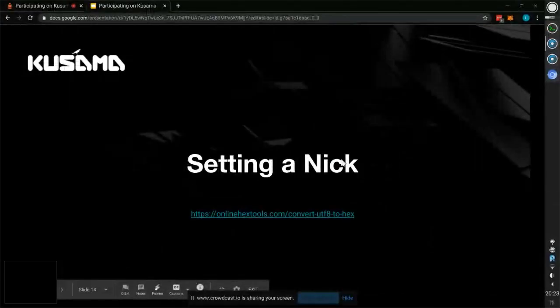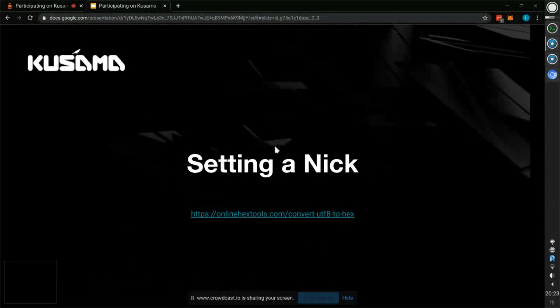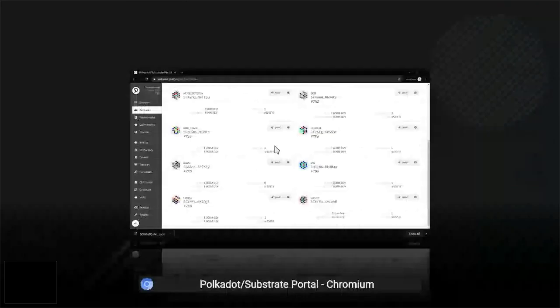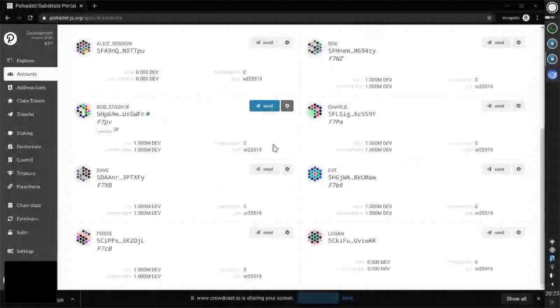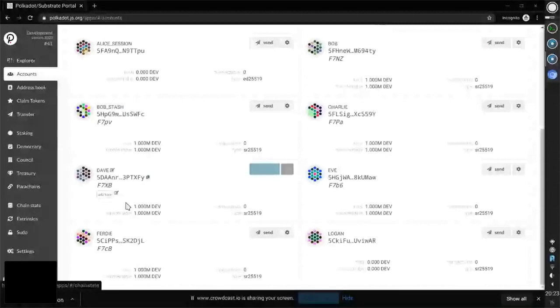All right, the next step. Setting a nick. Unless you've been following the Riot rooms pretty closely, you might have missed this feature. It was kind of snuck in. So what is a nick? As you can probably guess, a nick is just a nickname. Just like how I gave this account here a localized nickname, my name, Logan,